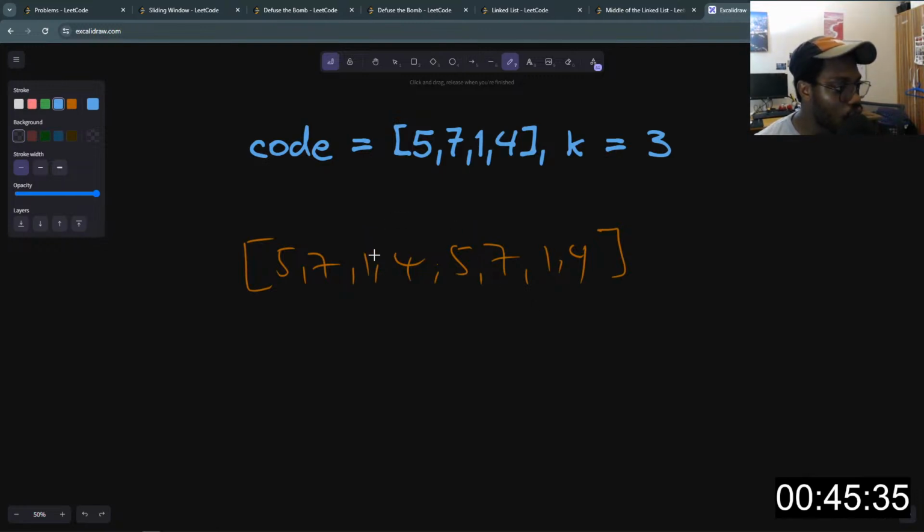And in case of 1, we can go this way. We can start from the 3 numbers in front of it. So this is 4, 5, 7. So we'll take 4, 5, 7 as well, and we'll calculate the sum of these 3 items here, and replace it with where 4 was in our original code. So this is how